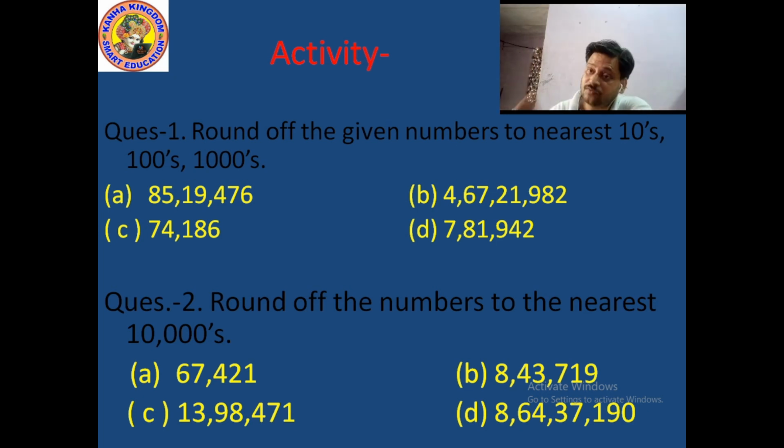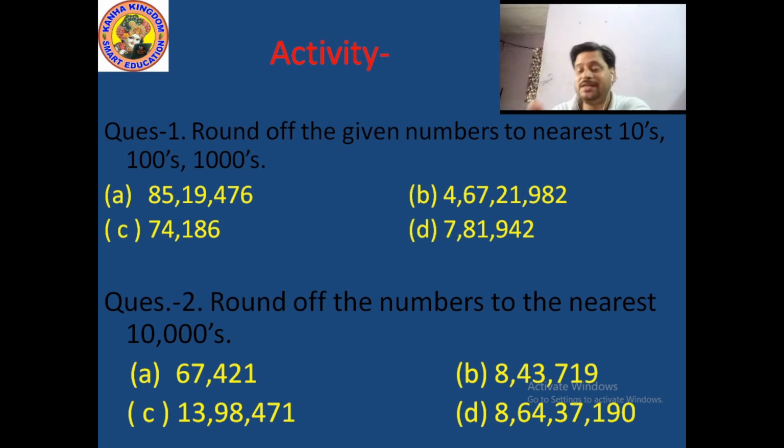After that, whatever the digit in the 100 place value, 1000 place value, whatever the place values are there, nothing is changeable. You just write the same place values. Okay. If this number is converted to the nearest 100, then you check the tens place value and the 100 place value.